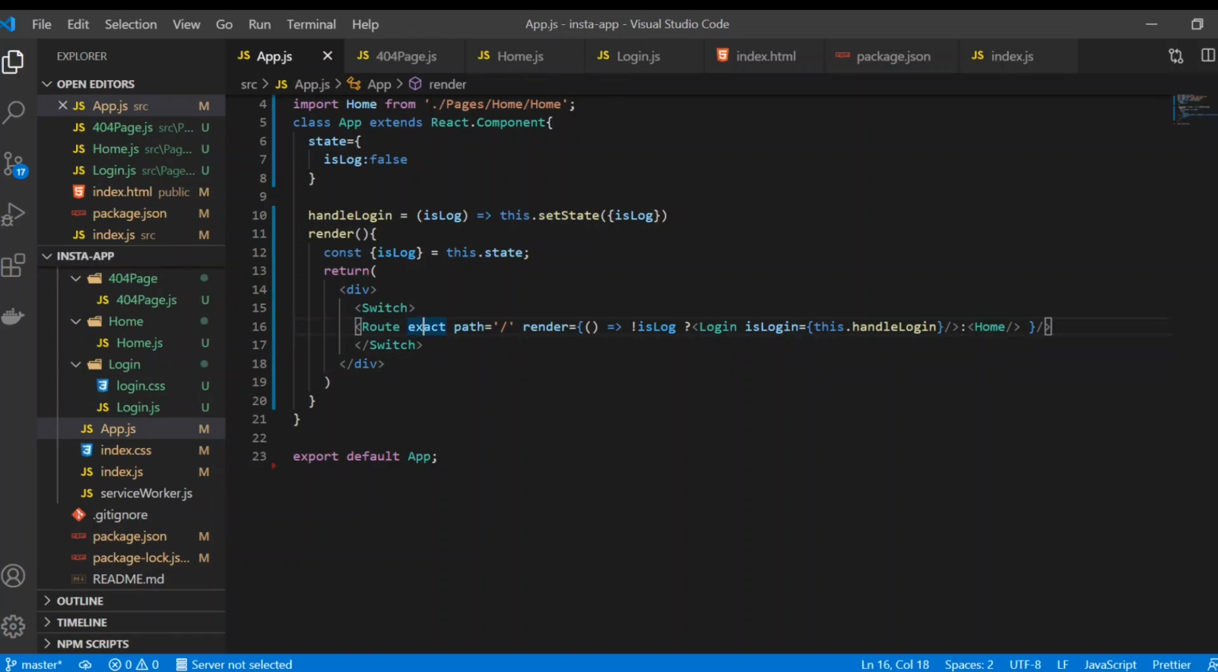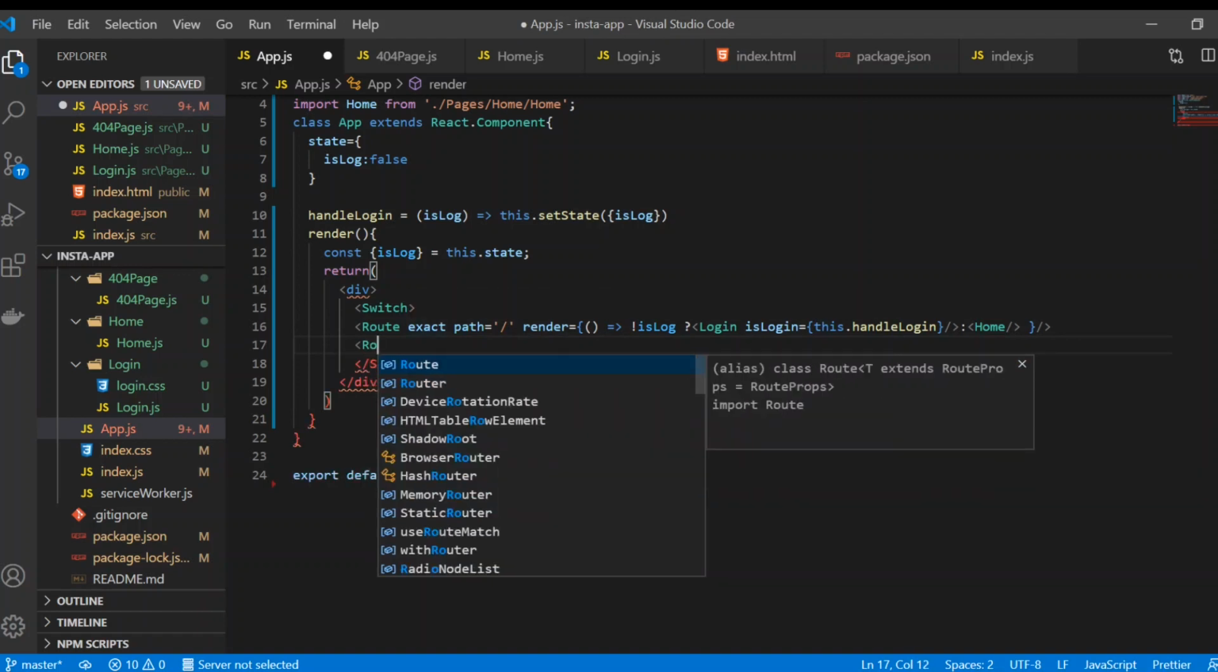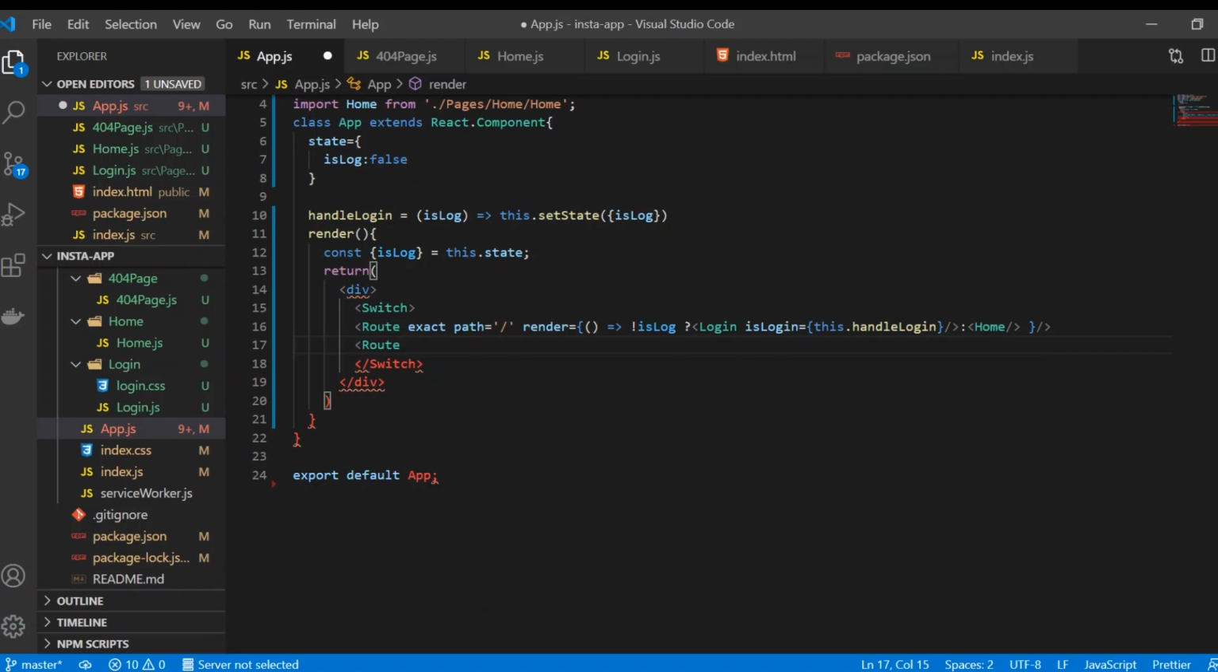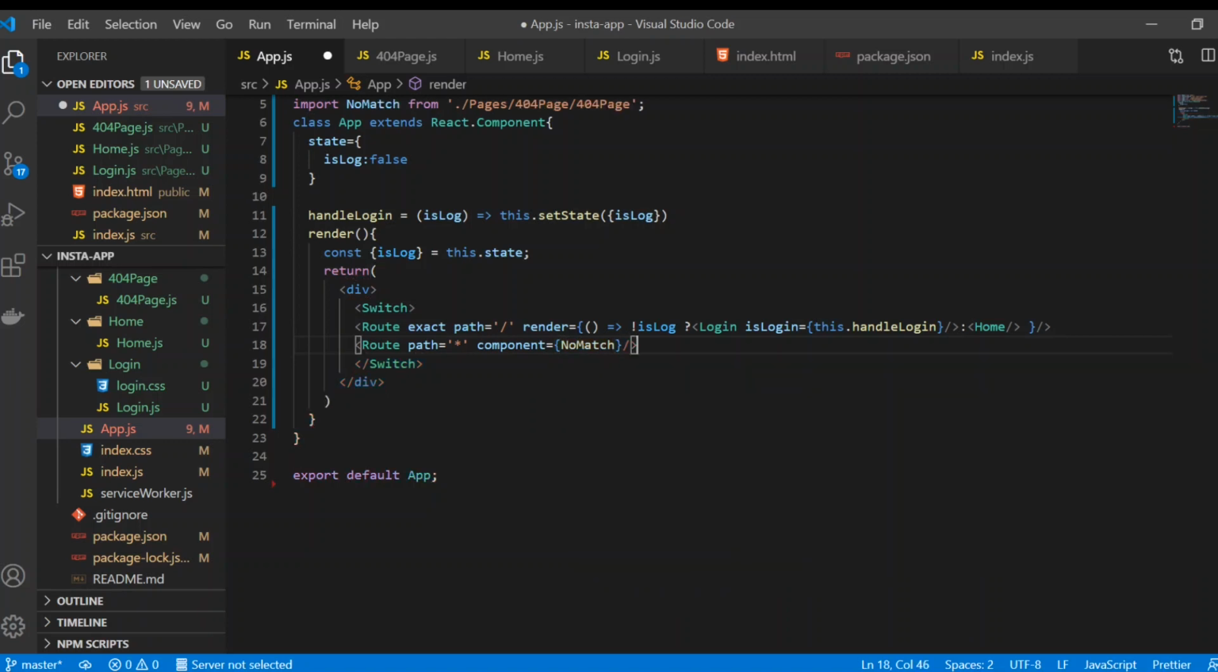So best practice would be that when all the routes fail, then it should return this route, this 404 page route, right? So we're going to just give path equal to a star. This means all, right? So it will return the component called no match. Now if we just save it